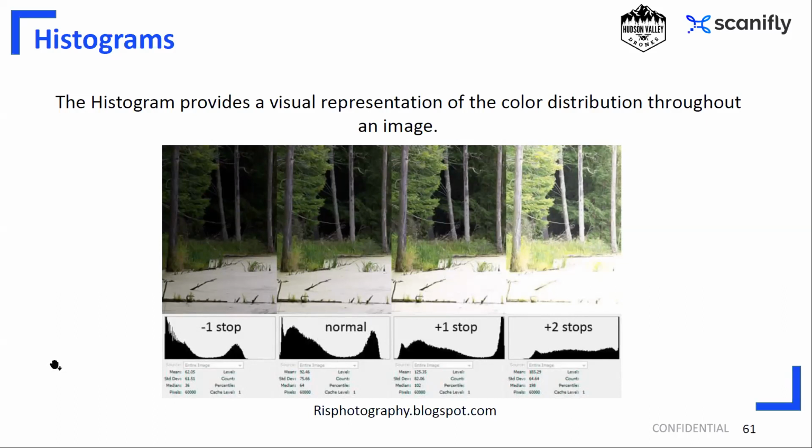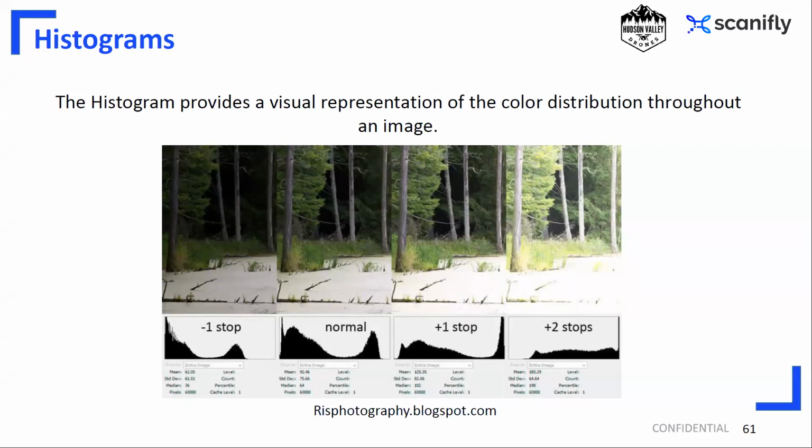And what you can do is keep an eye on the histogram while you're flying and adjusting your settings. You'll notice here that this is a representation of an image that's taken at several different exposures, and the corresponding histogram at the bottom. So over to the left here, we have a dark image, and you'll notice that the histogram is bunched up to the left. That means that it's underexposed and could be